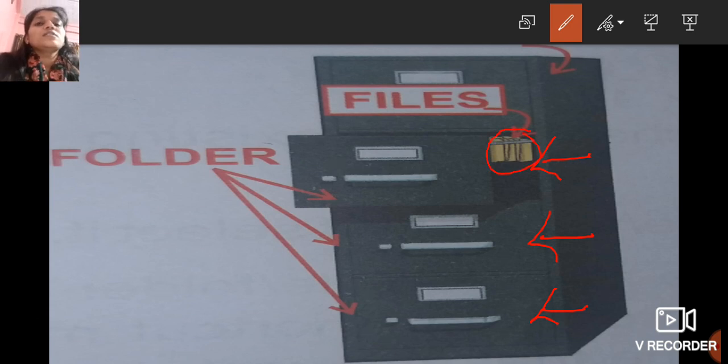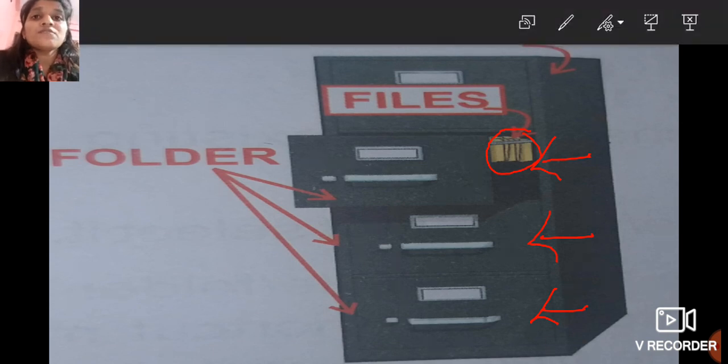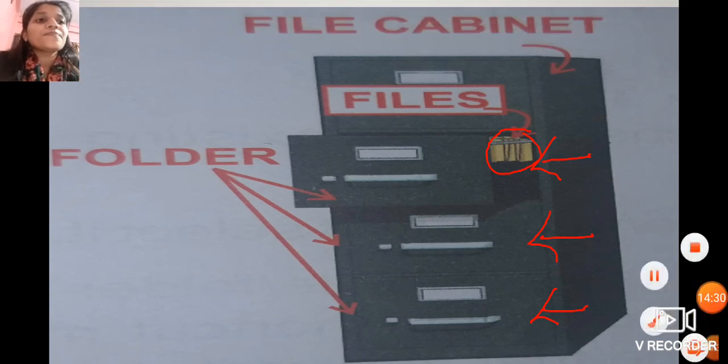this yellow color is there for files. Okay, yellow color is there for files. That means a folder can hold a maximum amount of files. We can see that there are different files in a folder, and there are different folders also. So files means, one file means we can store related information in that, but in a folder we can store, or we can keep, different files. So this is for files and folders.